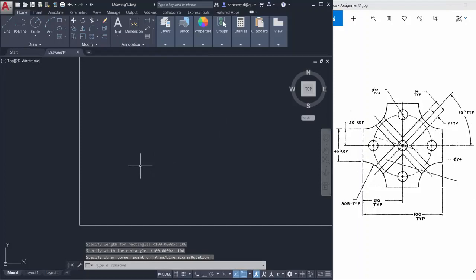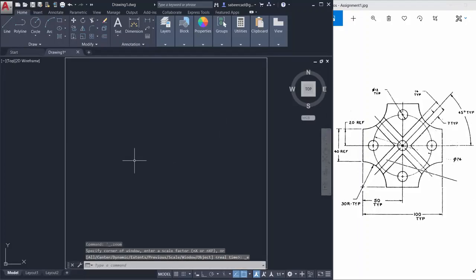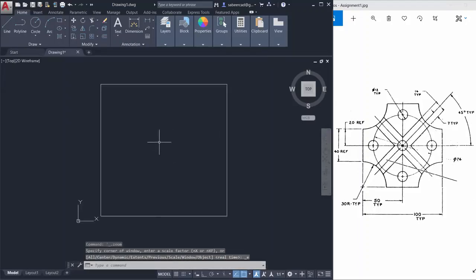Now I'll just double tap the scroll wheel of the mouse to bring the entire object within the screen. Now I'll zoom out a bit. I'll create this arc by creating a circle first, and I'll perform trim command to get an arc from the circle. Now the radius of the arc is given as 30 and 30 radius TYP. TYP stands for typical. That means an arc with the same radius is used at more than one places in